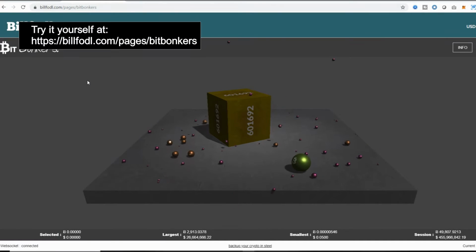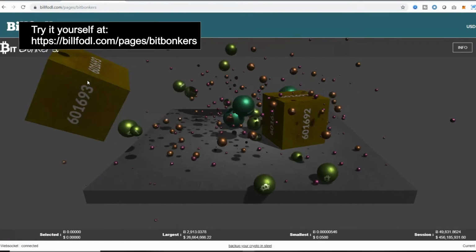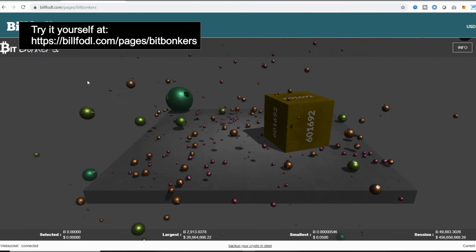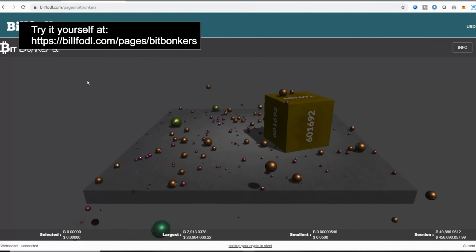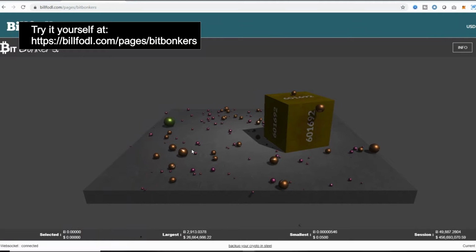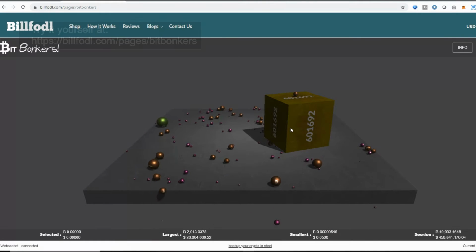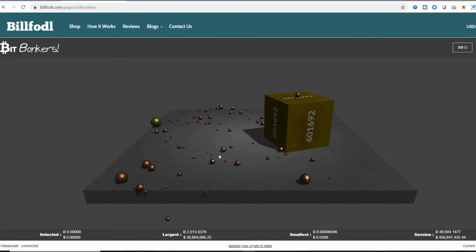The next one is also very interesting. It's called Bitbunkers. Now this one's got sound to it. And what you hear is all the transactions that are taking place. As you go through these transactions, you will see that they are all taking place and they are based on the size of the transaction. We have right now a new block that was created. That was block number